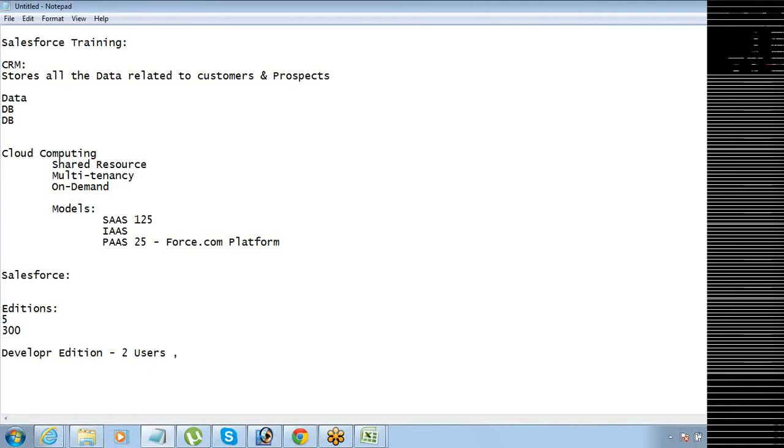Second, there is a limitation on the data storage capacity. You can only store up to 5 MB of data in a Developer Edition. 5 MB is very little, like 100, 150 or 200 records. So they have designed a Developer Edition, but put a limitation on the storage capacity, so no one can use it as an Enterprise Edition. Though you are getting it for free, you cannot use it for professional use. You can just use it for learning. Put some dummy records, 20, 30 dummy records, work around on that and learn it.